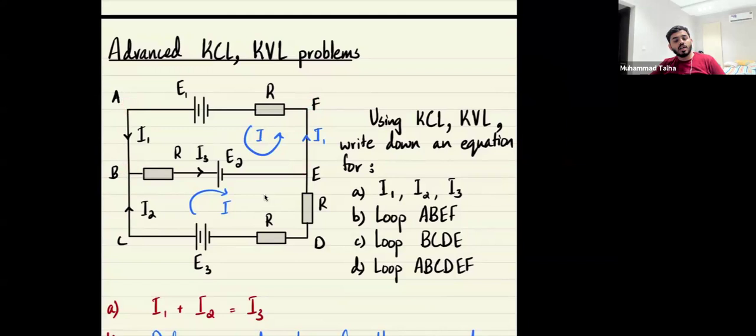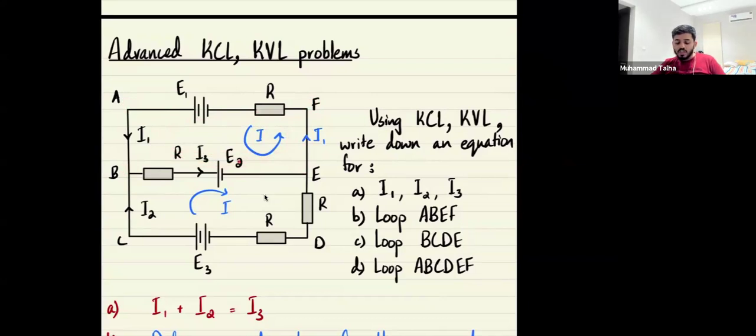So if I write down the equation, obviously I would use KVL here. This is a loop. So sum of EMFs equals sum of potential drops. In this case, you need to acquire a sense. You need to define how the current is going to move. Because I see current moves like this, I'm taking this direction. I1 is also in this direction. I3 is in this direction. And then what you need to do